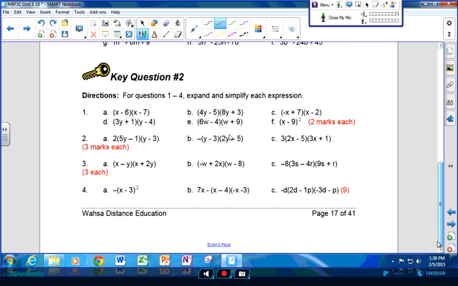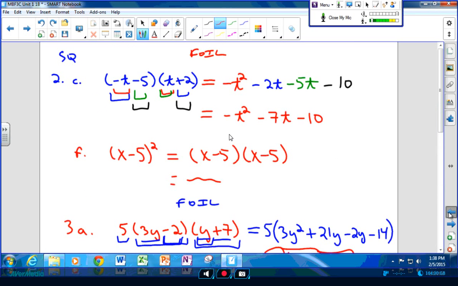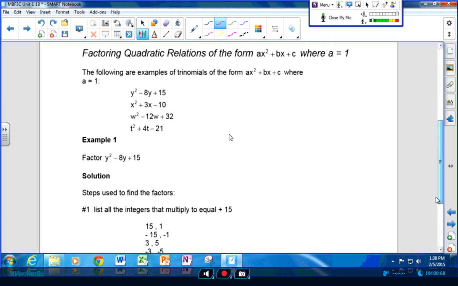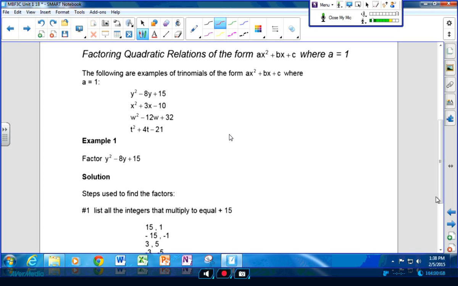Okay, that was not page 16. I got to back up. Looks like there it is. So page 16, and what you're looking for is the section that says factoring quadratic relations of the form ax